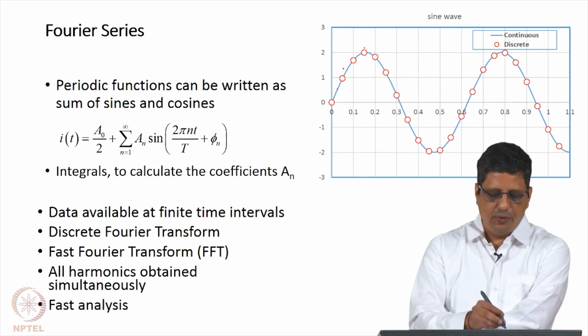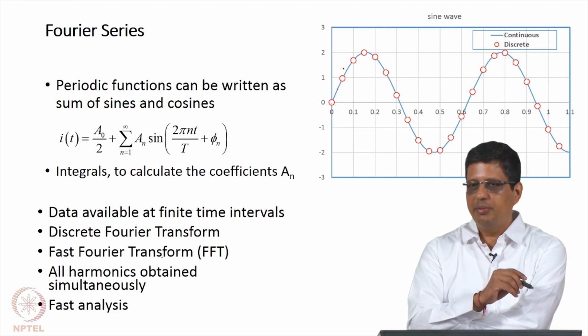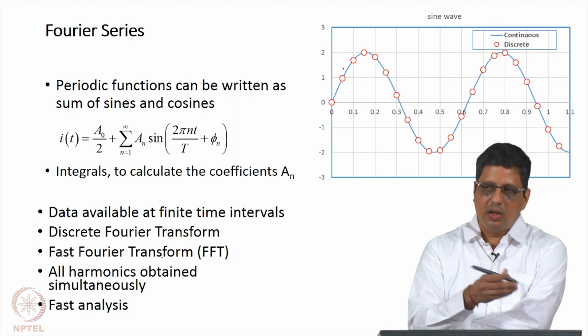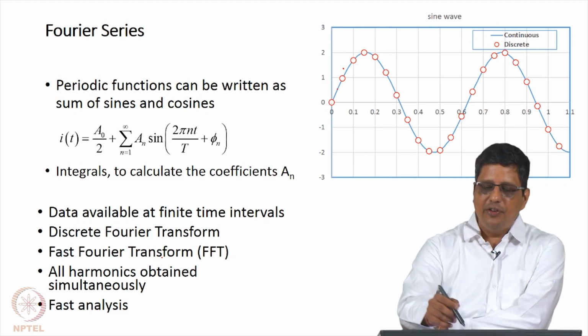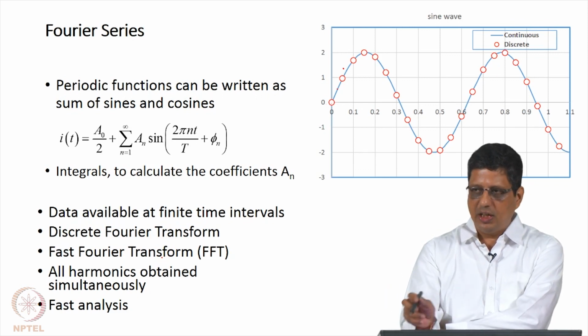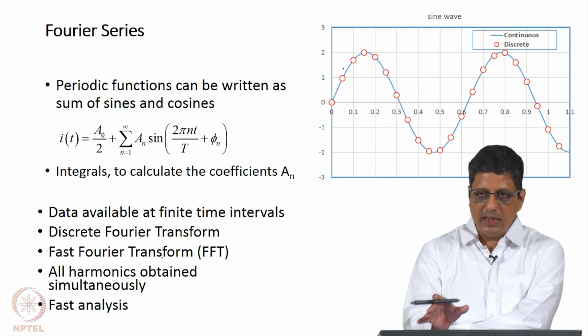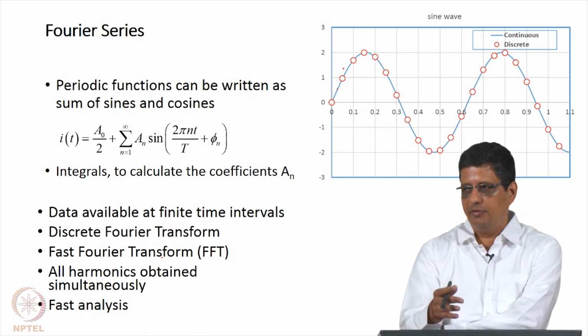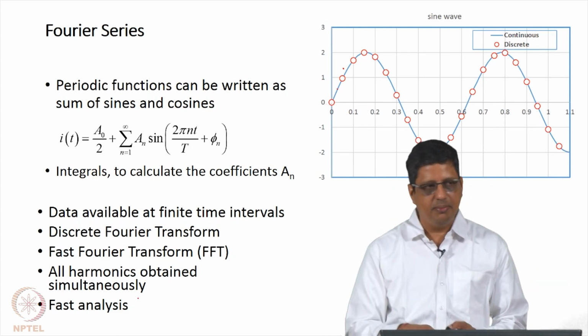The advantage of the Fourier transform is that you can obtain all the harmonics simultaneously. In one transformation you will get all the harmonics that can be taken from the data. If you have an infinite number of points, you will get an infinite number of harmonics. If you have a finite set of data, you will get only a finite set of harmonics. The system may actually have more harmonics, but you will not be able to extract them from that data. The analysis is fast, and I want to show you some examples.